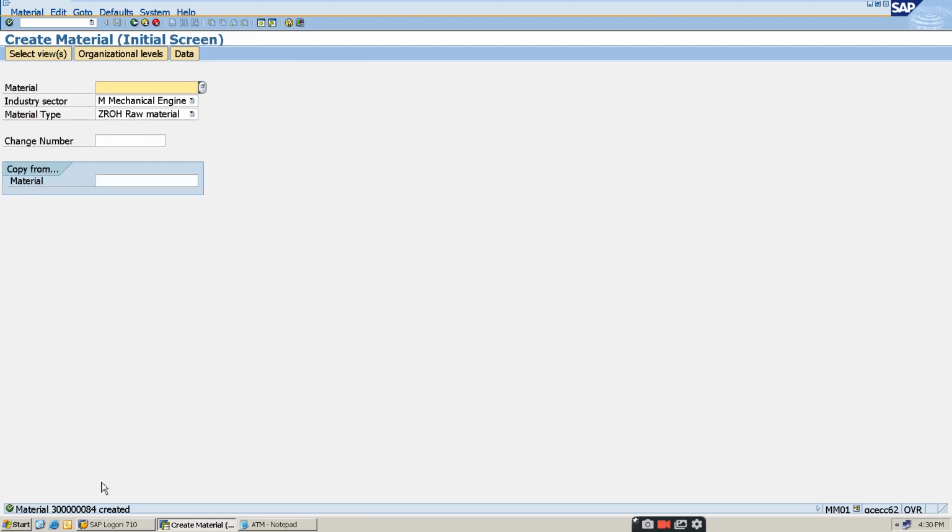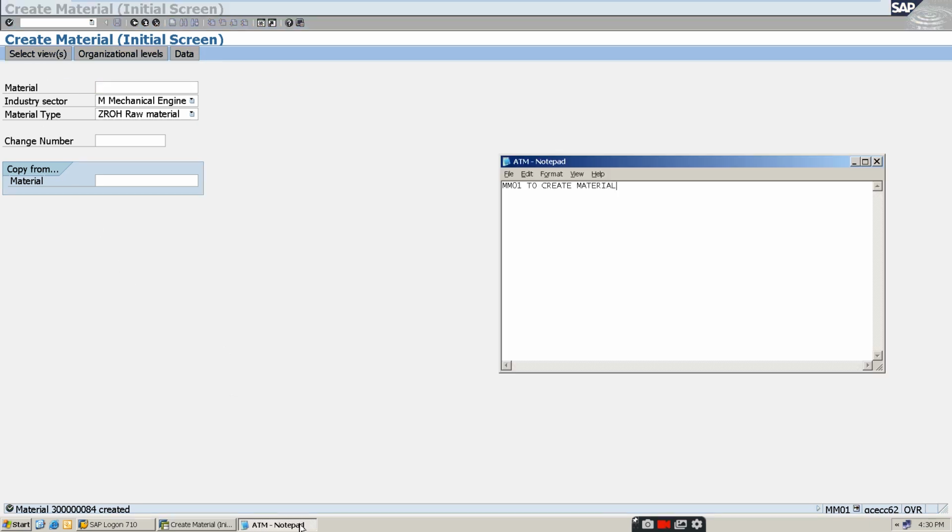You can note here that the material has been created. Now the created material number is 3 2 3 4 5 6 8 4, with this many zeros in the name. Now, to make the changes,